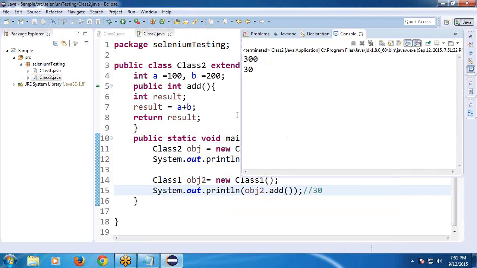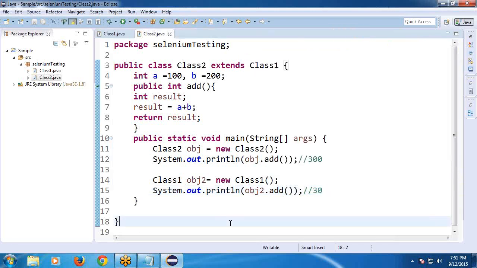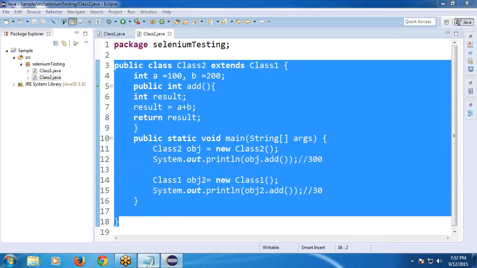Observe, Silpa. Now we are accessing two methods, the add methods. Yes, sir. How are we accessing? Here we are accessing the same methods. We created two objects. First object using the home class, second object using the superclass. This is another